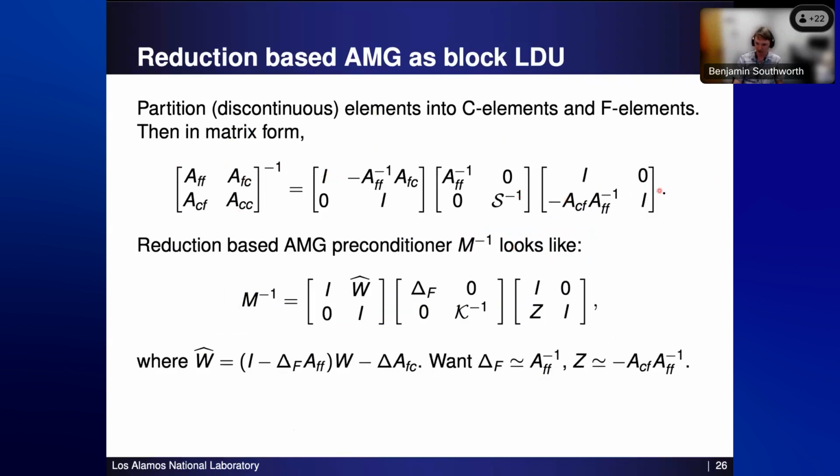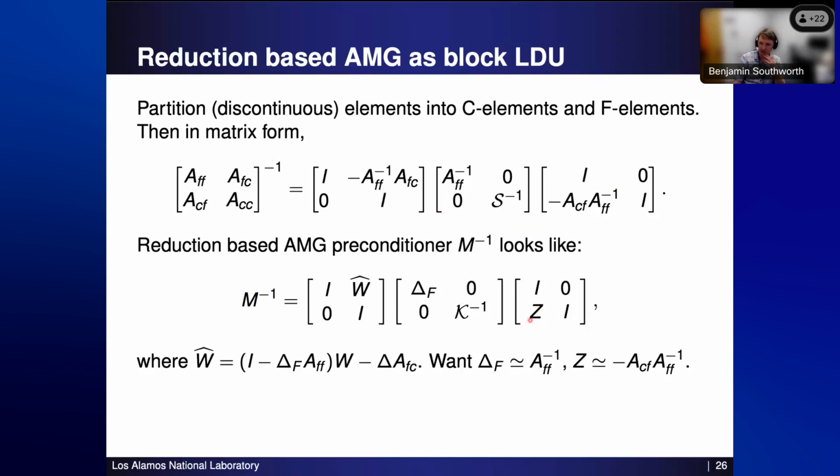And you might notice on the right here, this is ideal restriction. So this is that operator that we're trying to target. And then S here is our Schur complement. And if you work through a bunch of algebraic details, the relaxation and coarse grid correction combination of AMG, if you use F relaxation, can be written in this form. So our approximate inverse using both steps of AMG looks like a block LDU.